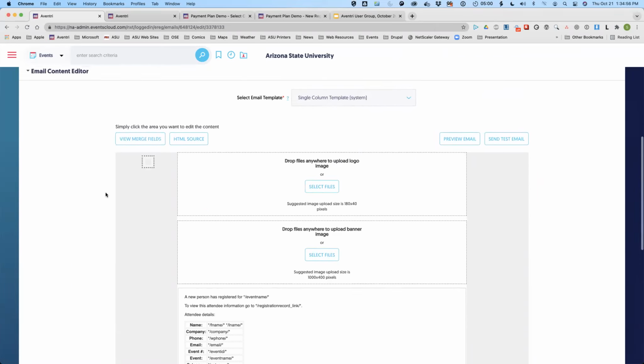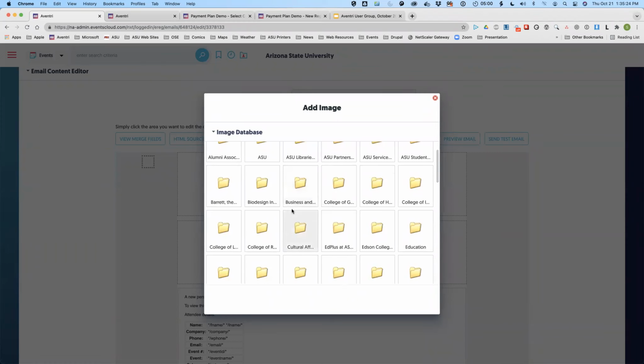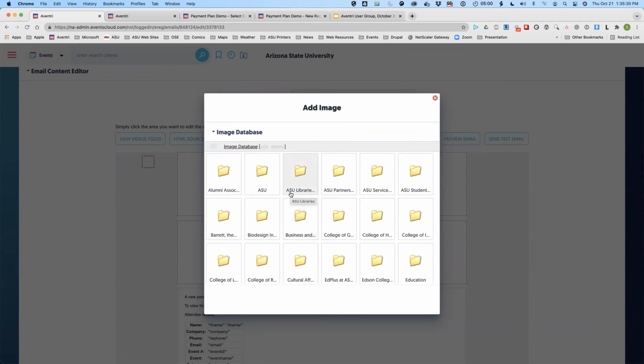And it's okay. But I just want to point out that if you are going to use these graphic features here, do remember to not drag and drop images when Aventri tells you to drag and drop images, because they will end up in a place where you will never see them again. You should always use the select files option and upload your images into, actually, it must be in my admin account, into your unit folder. Always be sure you're in your unit folder before uploading so that you can find those images again and you won't lose them.